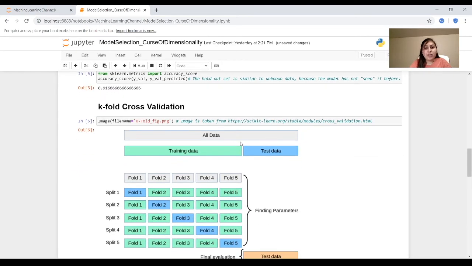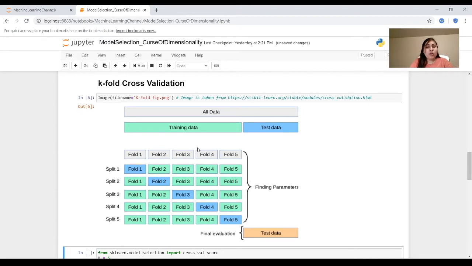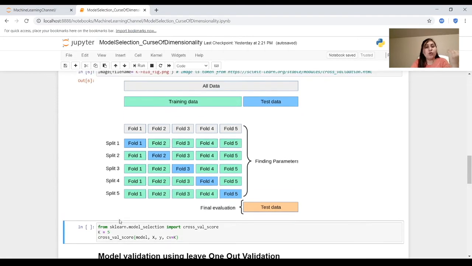Let's suppose we have a data and we want to divide this data into training set and test set, and after that we want to have k-fold cross validation on the training data, and we want to find the parameters using k-fold cross validation. And once we have identified that, we can train a model and test it on the independent data set. So now we'll focus only on this part, which represents k-fold cross validation.